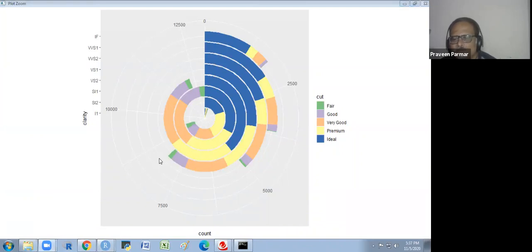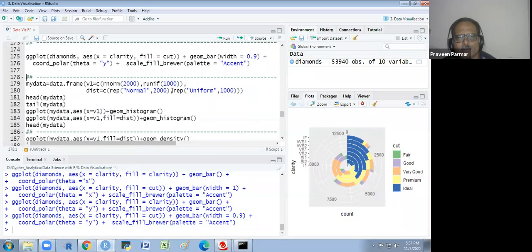You have to do a little bit of practice, change the values, and you may get so many things over there. We have seen how to create the graph.